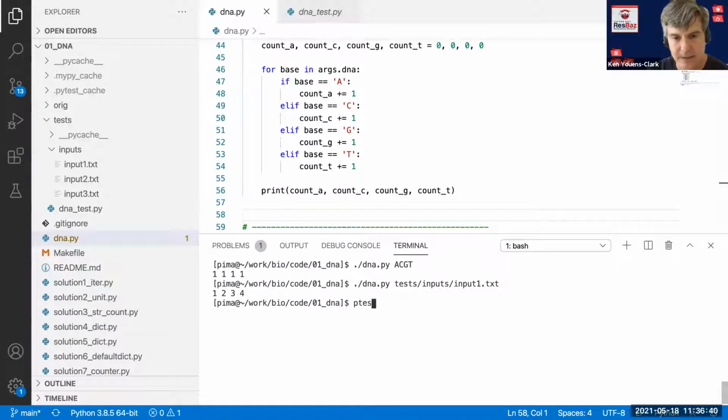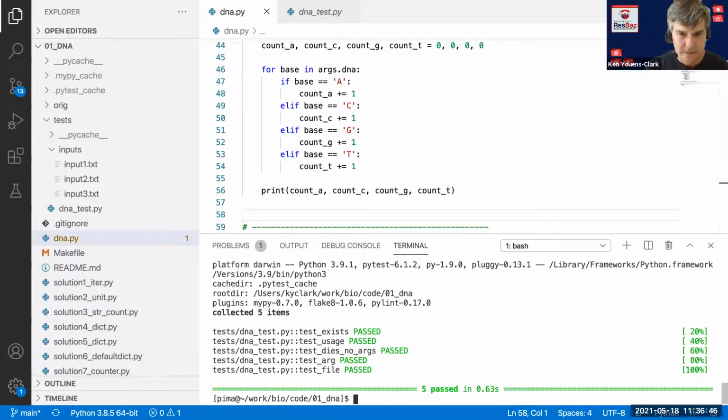This should pass my test suite. So I can say pytest -xv. Yay. That is a fully passing test suite. And so to an extent, we're done. You just learned test-driven development, and that's cool. And hopefully you learned a few things about Python and command line programs and things like that. But really, that's just the first step.